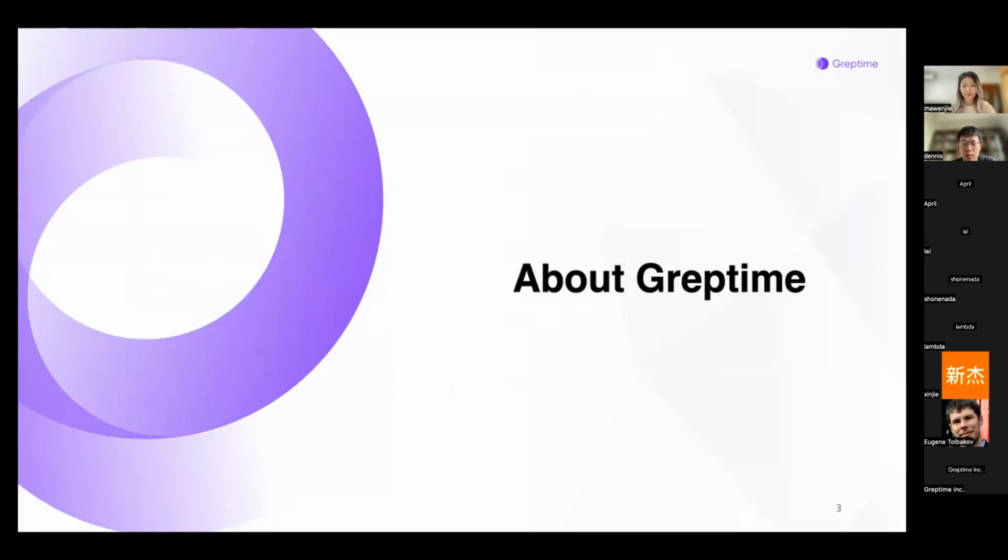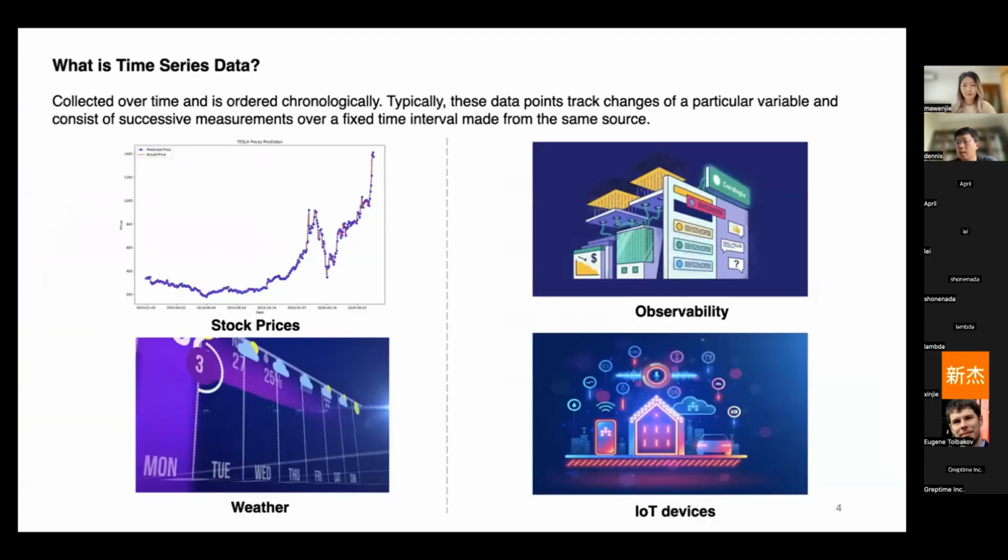Before digging into GreptimeDB, I want to talk a little about what time series data is and what is so special about it that made us design a database especially for processing and storing it. Well, compared to other types of data, time series data, I think, has 2 main features. First, high volume, which I'll provide some data to illustrate later. And second, time dependency, which means every data point has a timestamp with each observation depending on the previous observation in some way. For example, stock prices are a type of time series data.